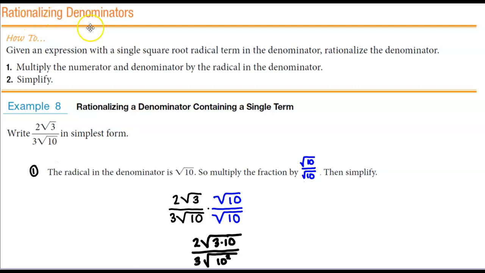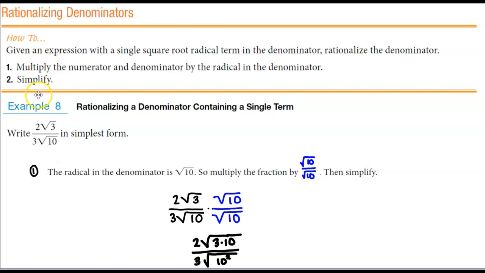Rationalizing denominators. Given an expression with a single square root radical term in the denominator, we're going to rationalize the denominator. And what that means is, when you rationalize the denominator, you want to get rid of the square root or the radical symbol in the denominator. And by doing that, we need to multiply the numerator and denominator by the radical in the denominator, and then